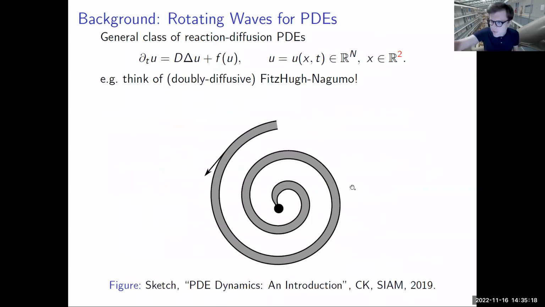But now comes the fun part. Let's see how much time I have left for the fun part. Do I have something like 10 to 15 minutes? Is that about okay? Is that all right, or is that a no or yes? Yes, you have plenty of time. 25 minutes even. Okay, so then let me try 15 minutes and then you have time for questions.